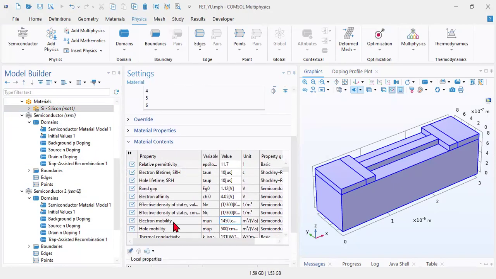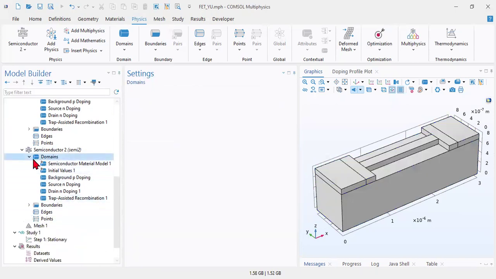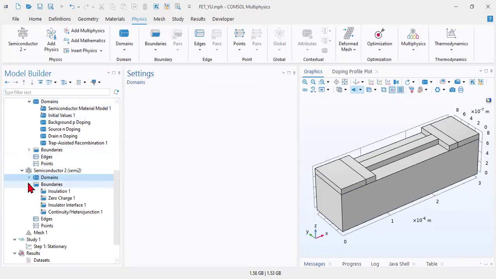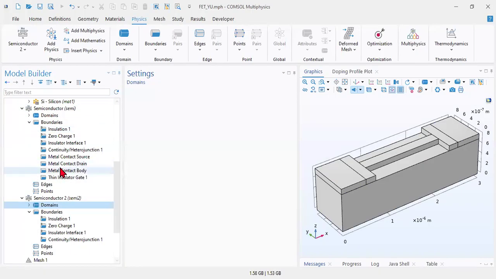So you can see that electron model. Electron lifetime is 10 microsecond and hole lifetime is 10 microsecond. That's all for the domain and for the boundaries. You can now open boundary. So for boundary, COMSOL does have